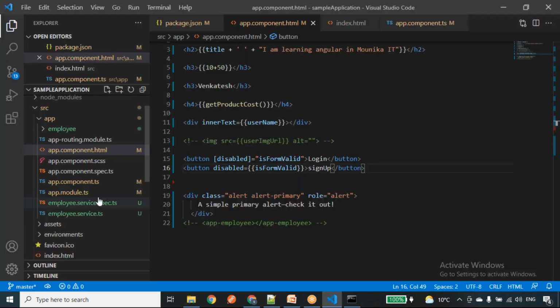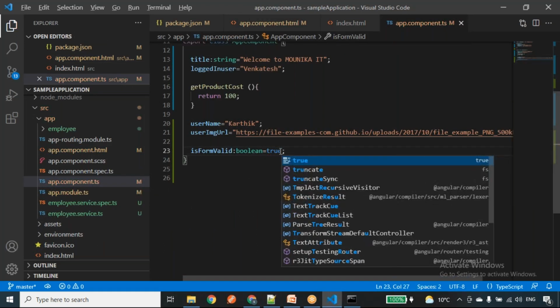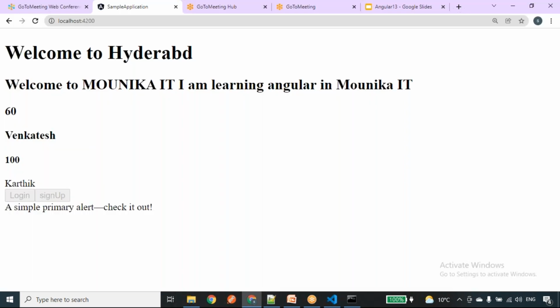For example, what happens if I change this value to true? Now we can see both the buttons are disabled, so property binding is working for the boolean values, whereas interpolation is not working. If I try to use boolean values with interpolation, it is not working.